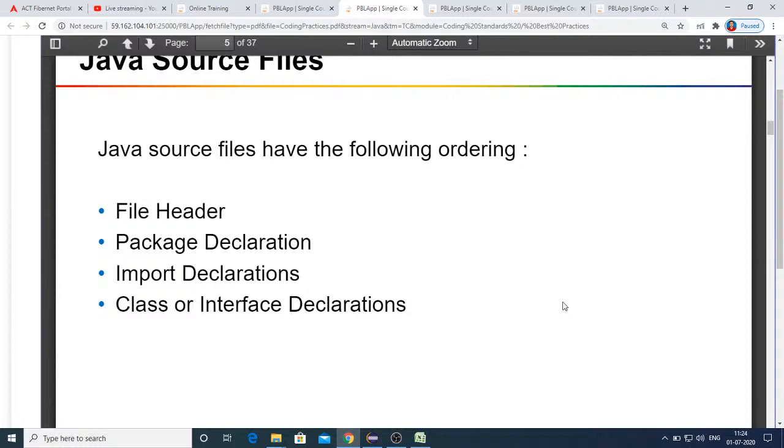I repeat, in a single file you can have n number of classes and interfaces, but only one public class, and that public class name will be the file name. These are the coding standards you need to remember.